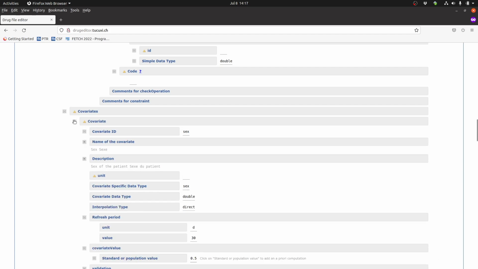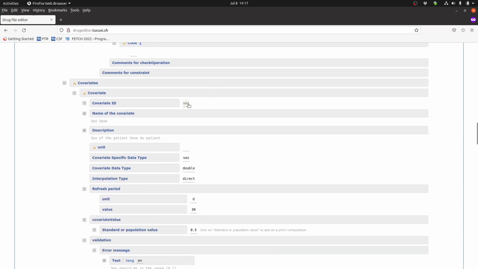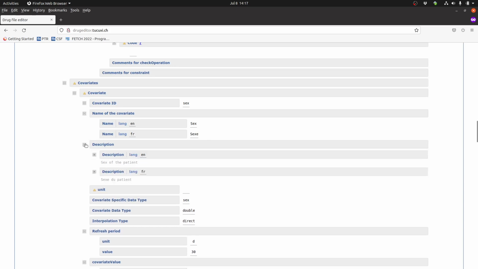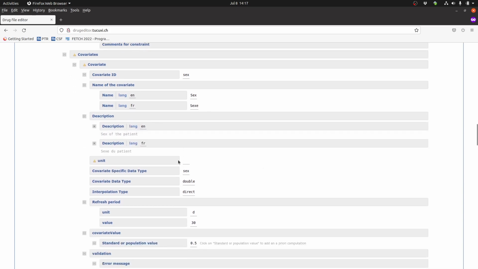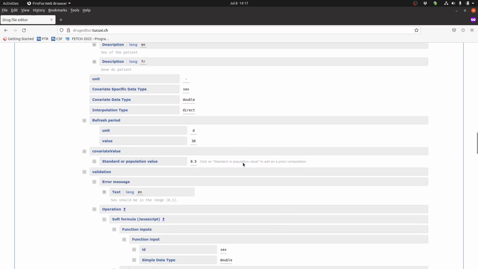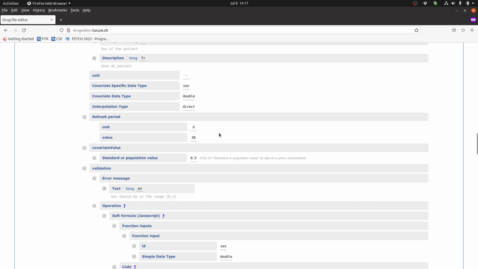If I just show you the sex, how it looks like, we have an ID here, the name, that could be in different languages, some descriptions as well, and then the unit that could be empty, or we can just put a hyphen like this. Then the editor is happy, as you see. And that's a specific covariate, and it has a refresh period,